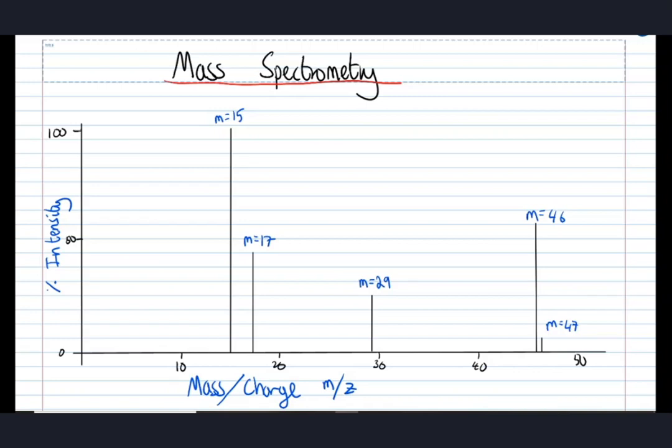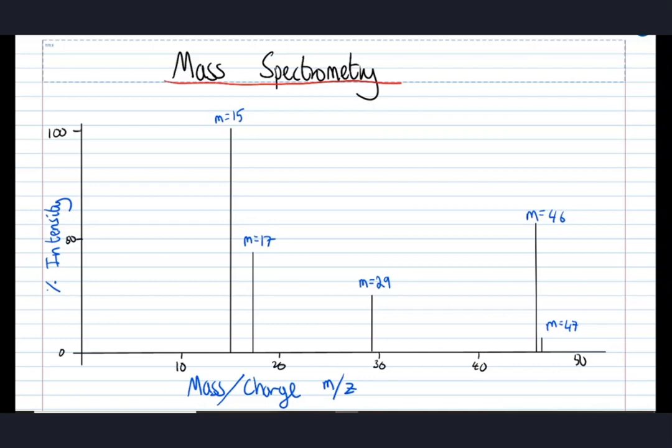Now, heavier positive ions will take longer to reach the detector than lighter positive ions, and that's how we can work out this along the x-axis, which is the mass to charge ratio. Now, it's worth thinking that the mass to charge ratio is essentially the mass divided by the charge. Now, I've just said that the charge is +1 for all the ions. So in actual fact, the numbers along the bottom correspond directly to the mass of the ion,